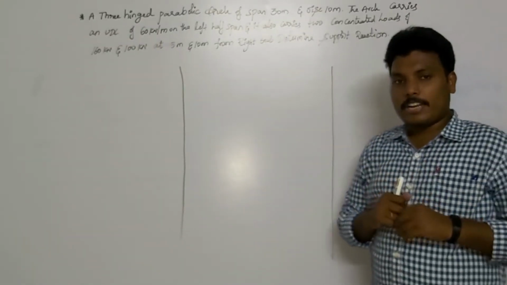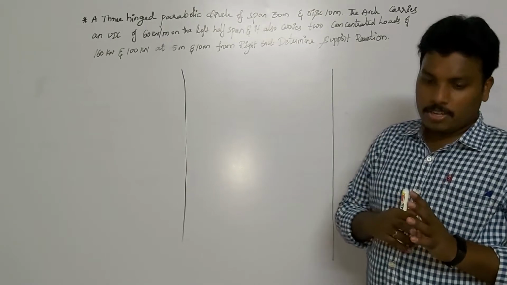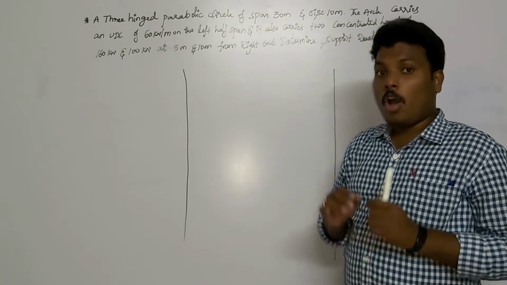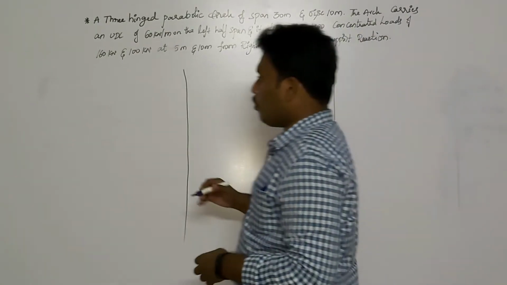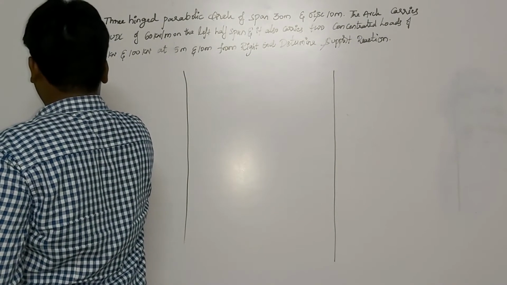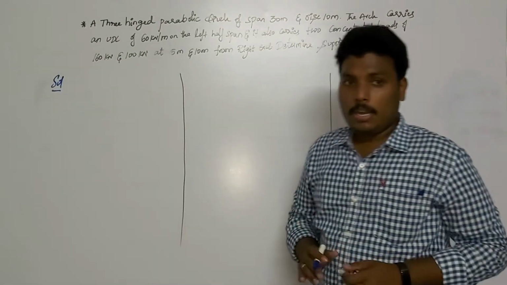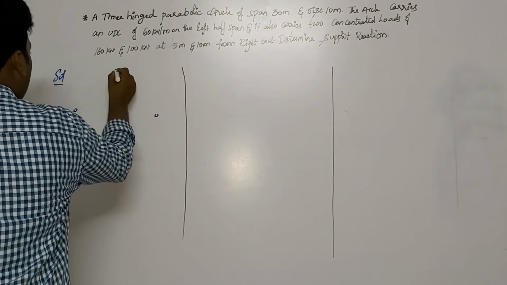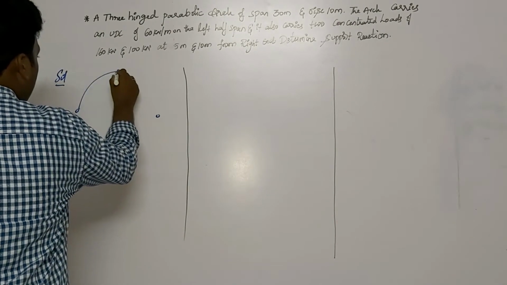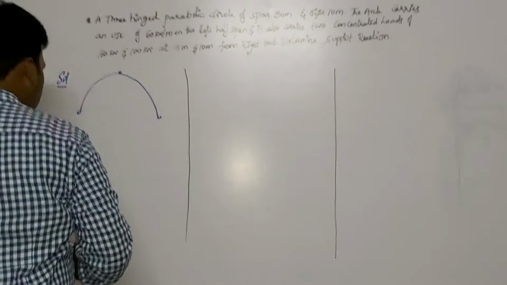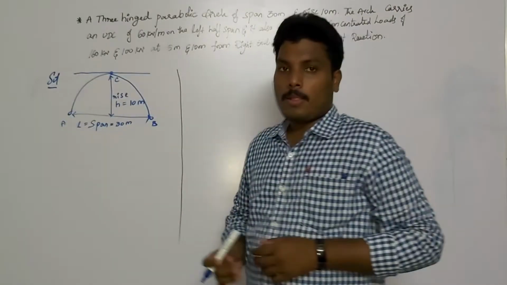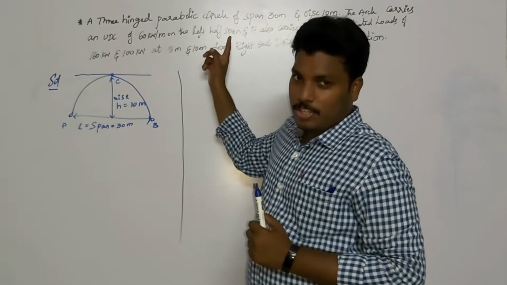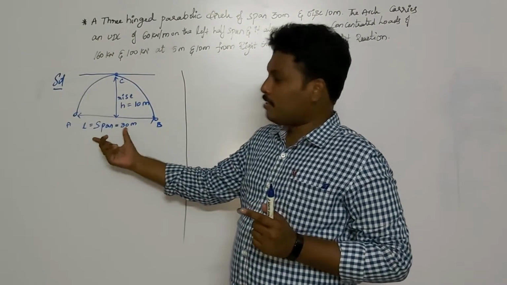So manakunna support reactions emintivi? Horizontal reaction, vertical reaction. Horizontal reaction we call by another name: horizontal thrust. So now let me start the problem. According to the given problem, what is the span? Let us take a 3-hinged arch. Well, in this 3-hinged parabolic arch, as mentioned in the question, we have a span of 30 meters and the rise